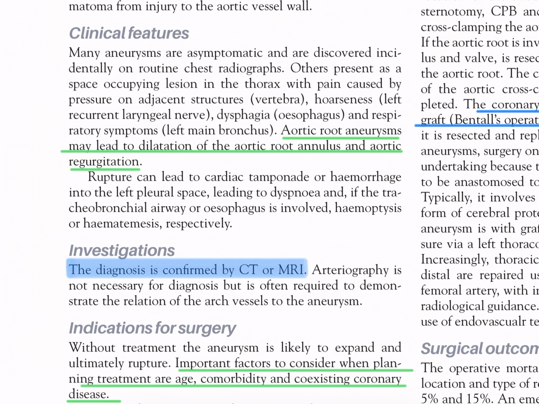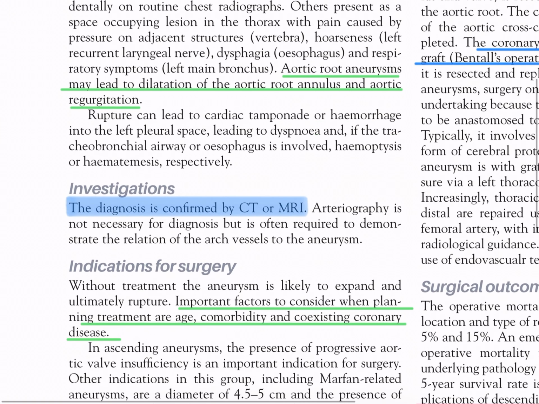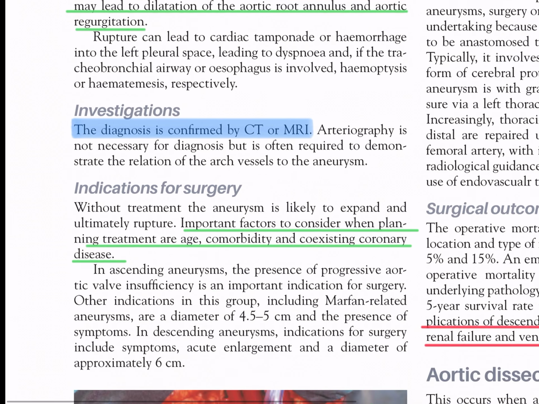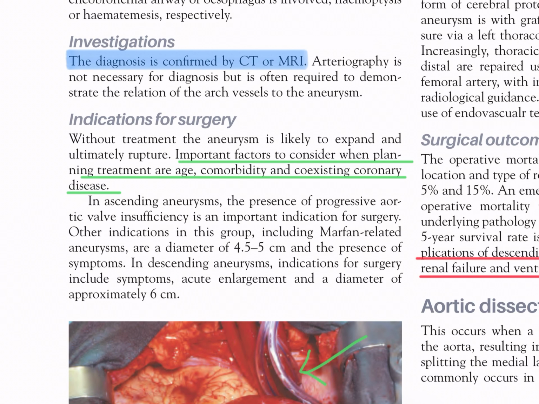Aortic root aneurysms may lead to dilatation of the aortic root annulus and aortic regurgitation. Rupture can lead to cardiac tamponade or hemorrhage into the left pleural space, leading to dyspnea, and if the tracheobronchial airway or esophagus is involved, hemoptysis or hematemesis respectively. Investigations. The diagnosis is confirmed by CT or MRI. Arteriography is not necessary for diagnosis but is often required to demonstrate the relation of the arch vessels to the